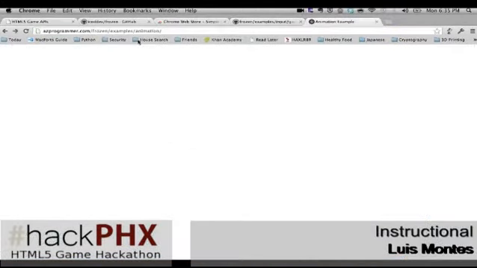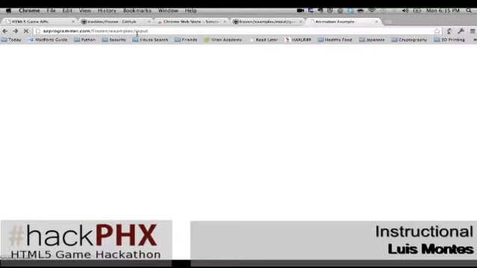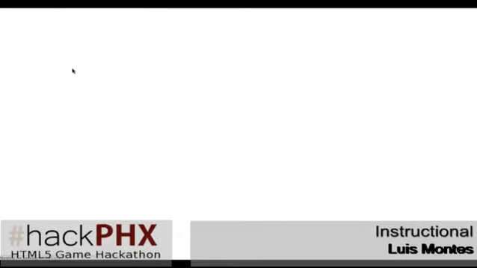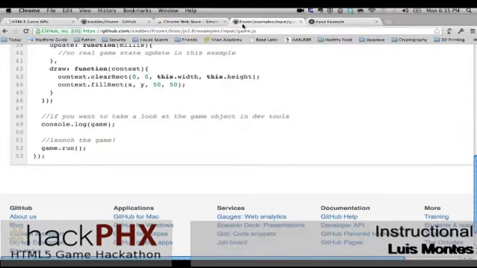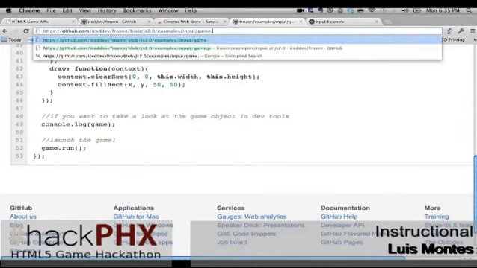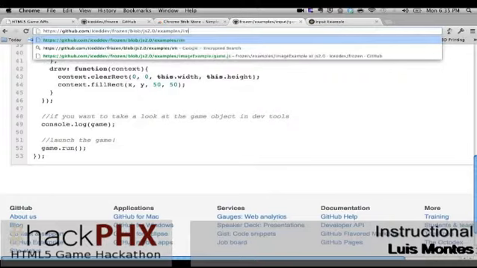Same with images, and oh yeah, okay, now we're getting a little bit more of a stupid game. We have a background image and we have a little character. So in this example, which is the image example, same thing as before. I want to do a little bit of input management, but what I added was a resource manager so that I can load the images up, and the game won't start until the images are loaded.